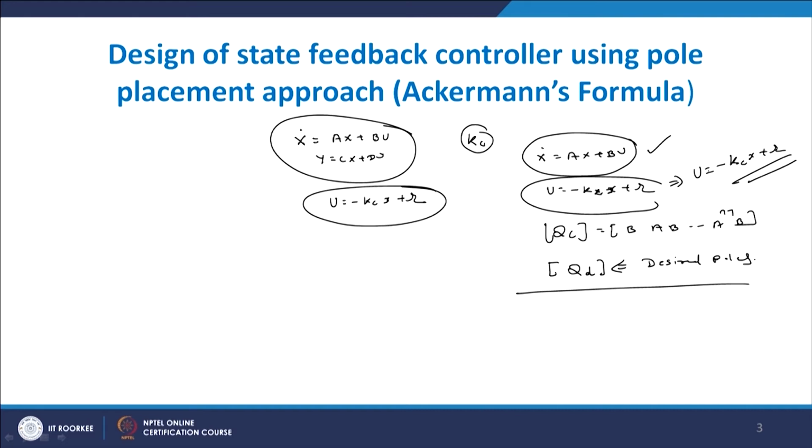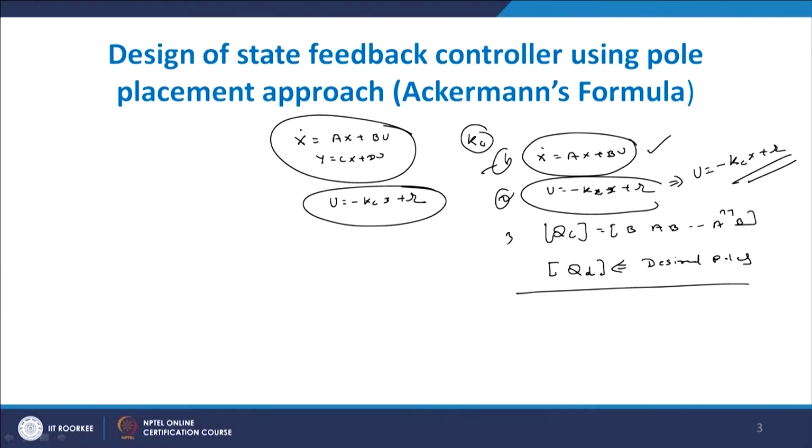That means whatever formula we will get depends on these 4 conditions. Based on these conditions, Ackermann has proposed a formula for the designing of the controller. So, controller design using the Ackermann formula gives as